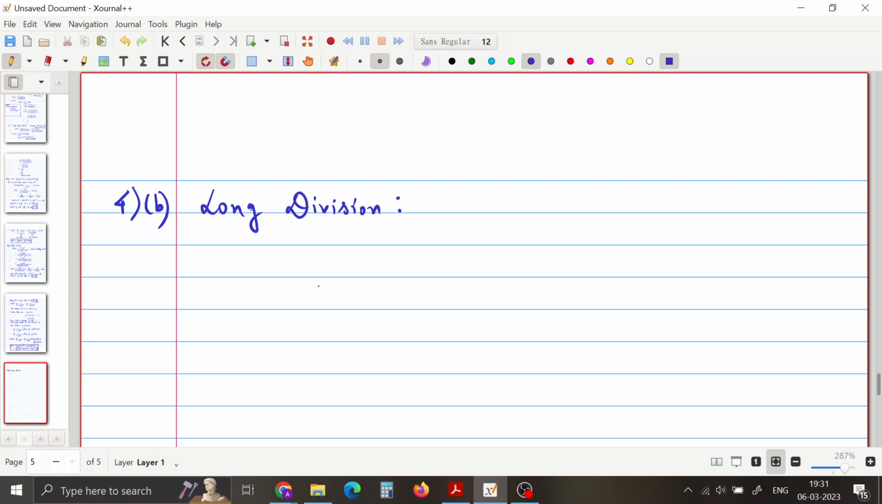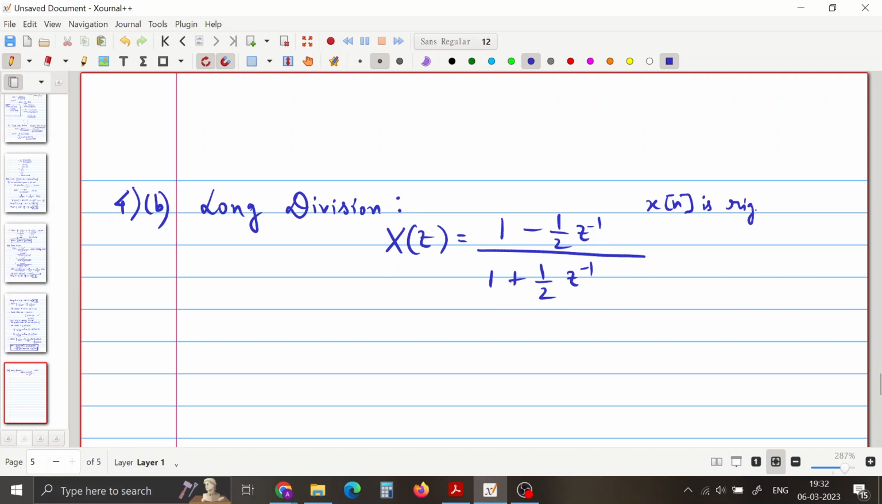Okay, and our X(z) is given as (1 minus half z inverse) divided by (1 plus half z inverse), and we have been given that x[n] is right sided. It is mentioned. Okay, so if you observe the expression of X(z),